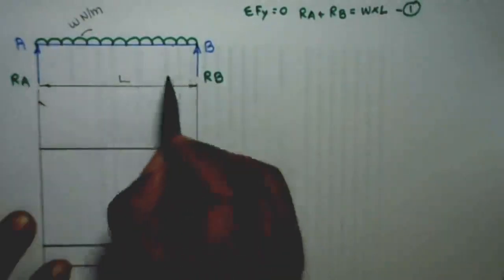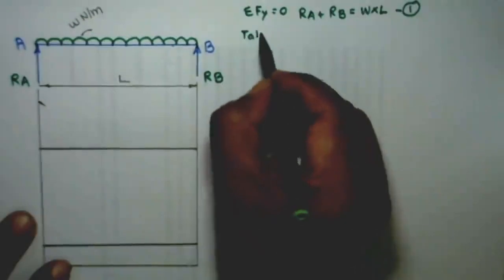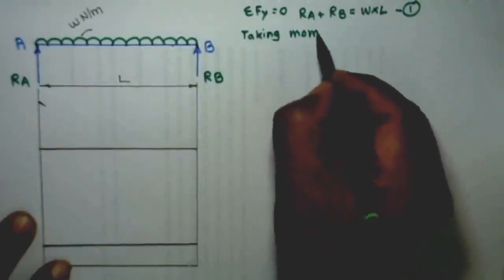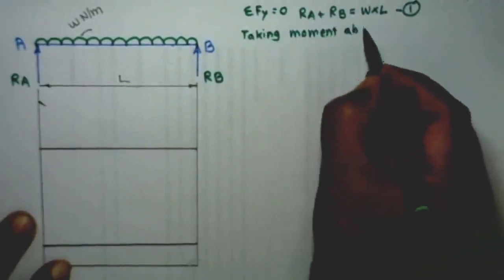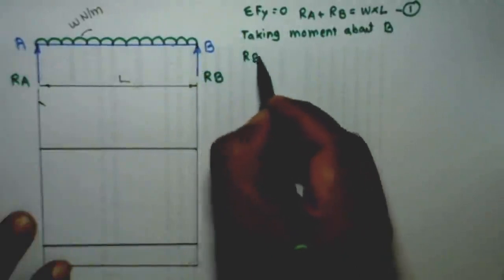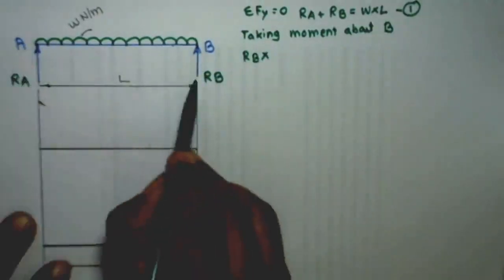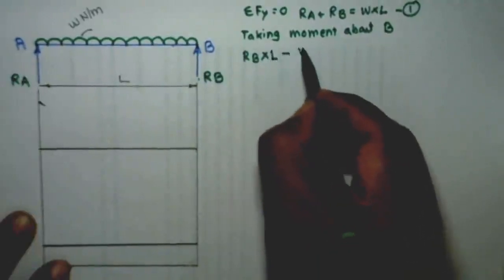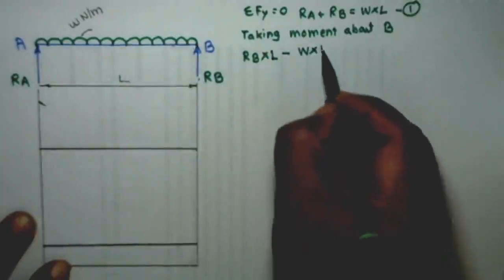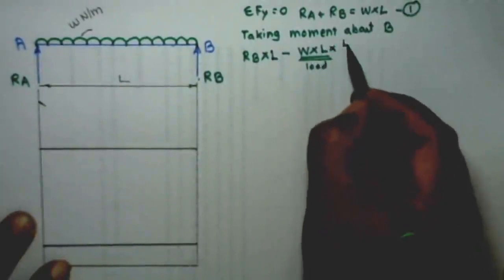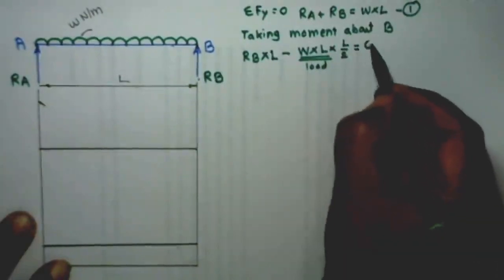To calculate the reactions at RA and RB, again we have to take the moments about point A, or you may take the moments about point B also. So here I am taking the moments about point A. It means I am going from right to left. In that case, RB into its distance up to the point A is L, minus the UDL, which is W into L. This becomes a UDL load, and UDL is acting at the center of the span, so L by 2, is equal to 0.